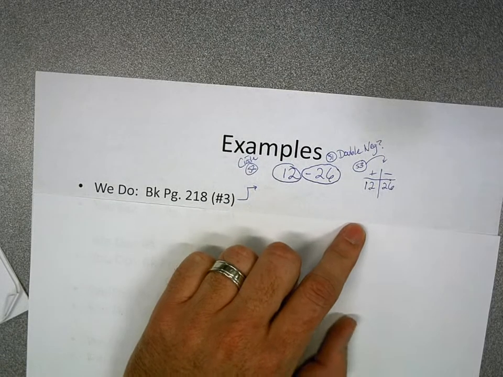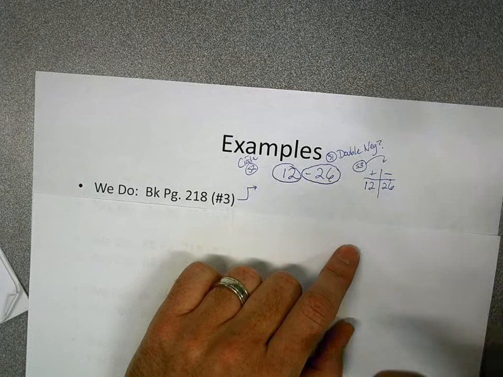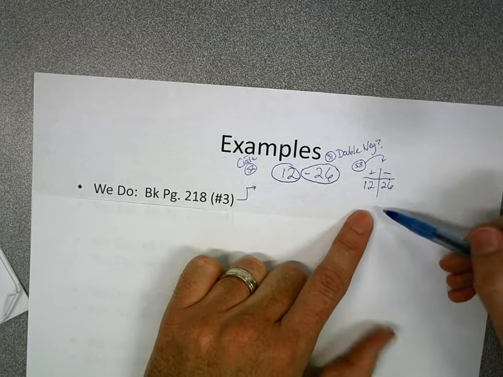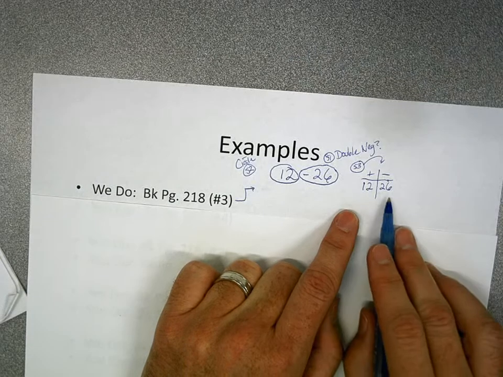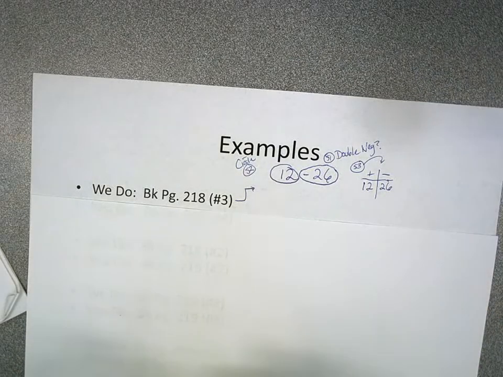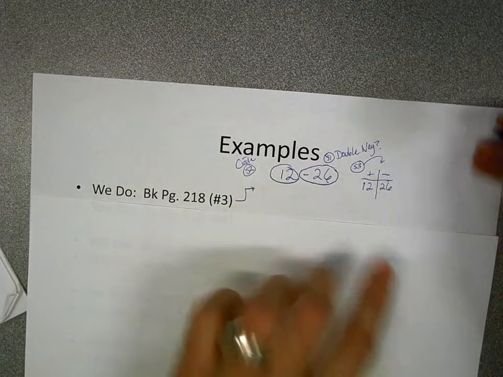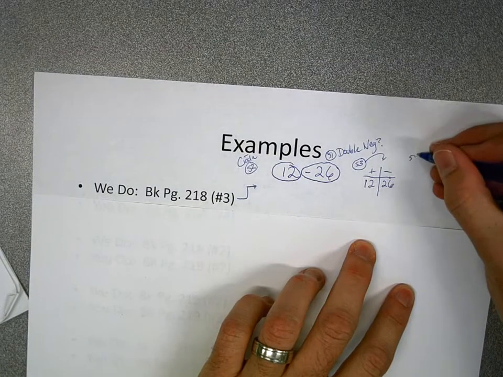Now, just kind of going back to our integer tiles, right? If we have our integer tiles and we've got 12 positives and we have 26 negatives, once we make our zero pairs, what are we going to have left? Positives or negatives? Negatives, right? Now, you don't have to remember that on this particular one, but that's why